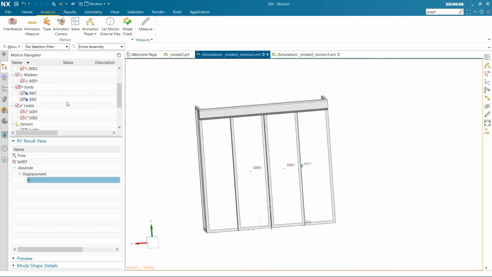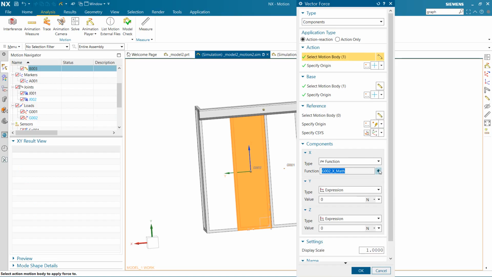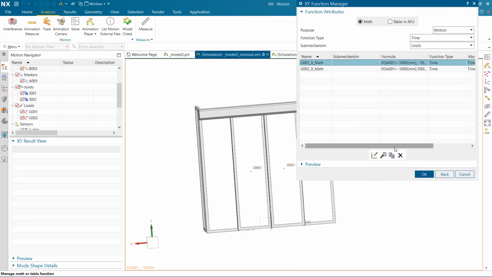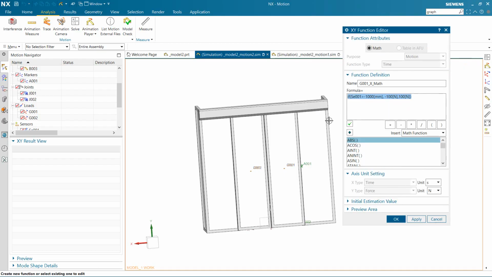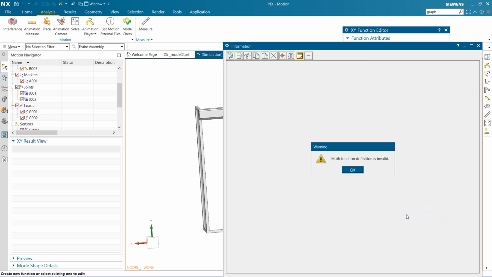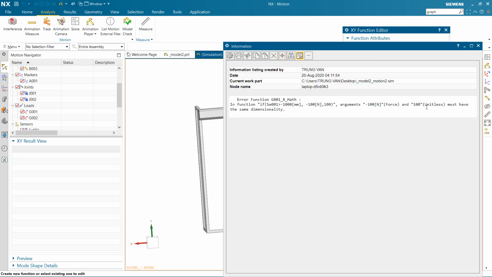I think the most important thing in this class that I talk about is the function manager here and some functions that you guys need to know, some basic ones if you want to use it. And also remember these units, because if you don't have the unit there, it will not run the function as you want. For example, if I try to not put 100 newtons here, click apply, it will create it as unitless, and you really need to have units for it.